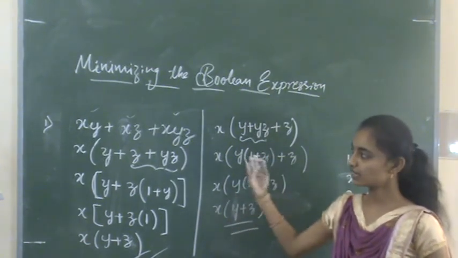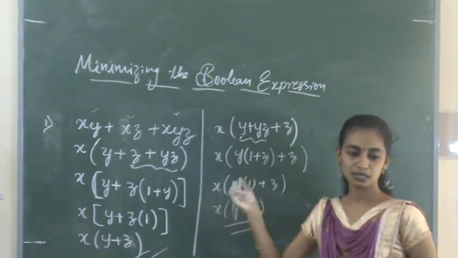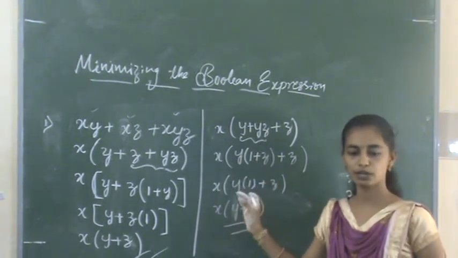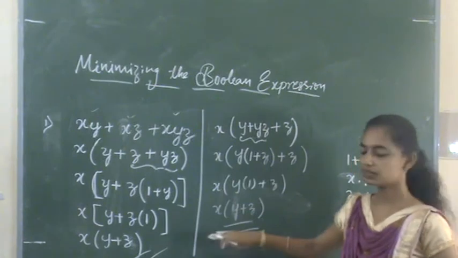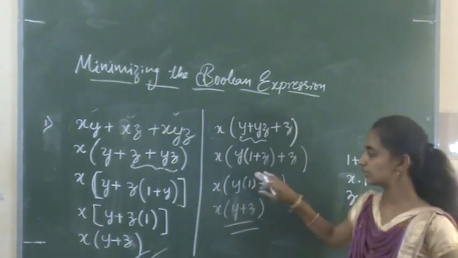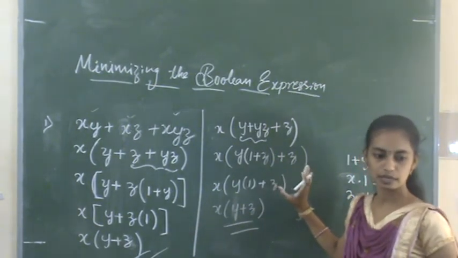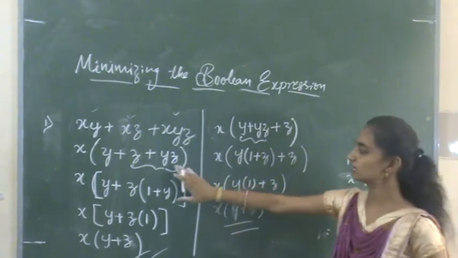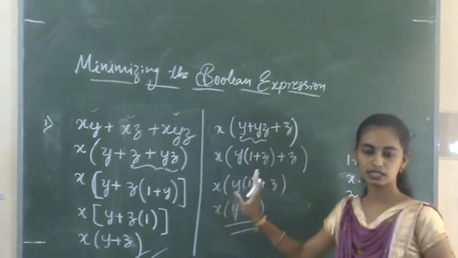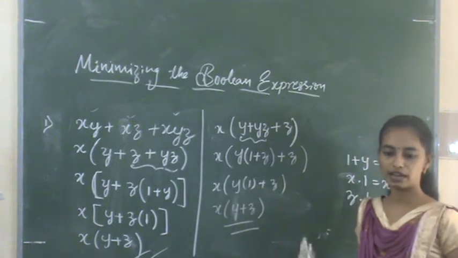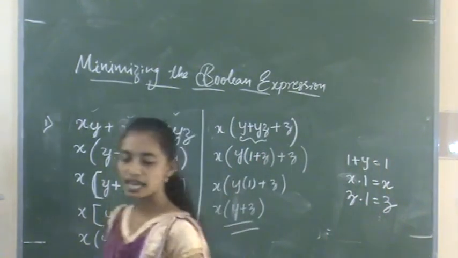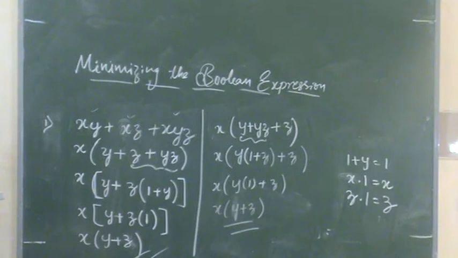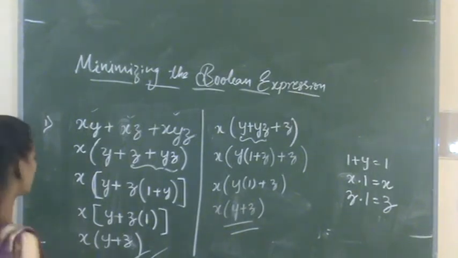So if we evaluate with any of the methods, we get the same result. You can take any of the variables in a term as a common factor, and finally we will get the same result, but differ in the steps. That's it. Okay. So we can take any of the common factors and then evaluate the expression. So like this we can evaluate the expression with the help of the algebraic method.